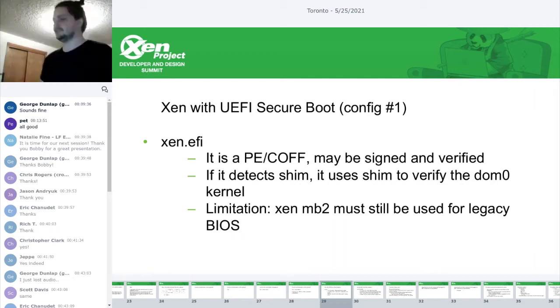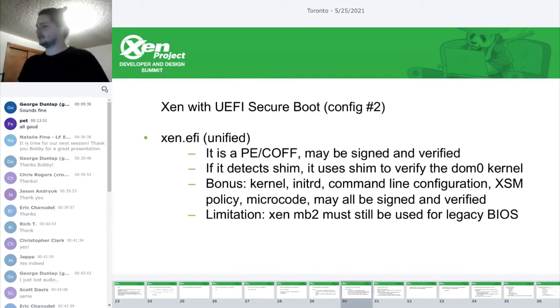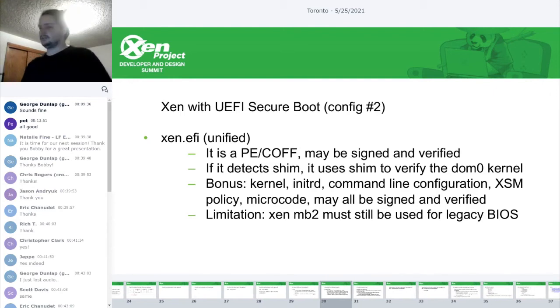It's just something to note that if you have Grub in your boot chain and you're mainly using it for cross-platform support from BIOS to UEFI, then you'll have to maintain a second binary here to make Secure Boot possible. And then the second one I wanted to talk about is the unified binary, which